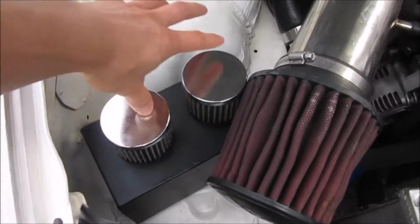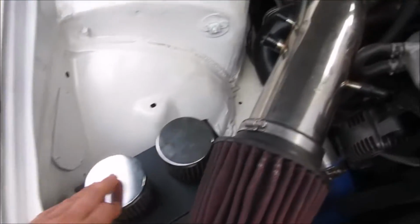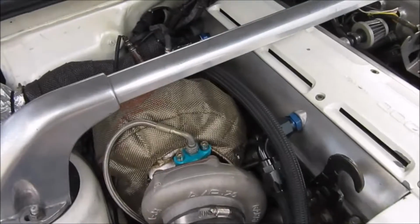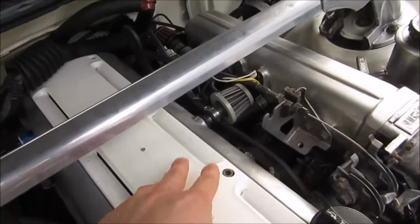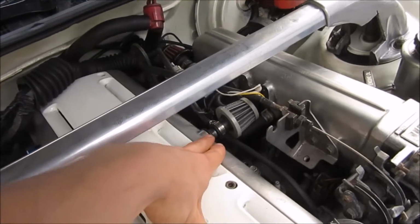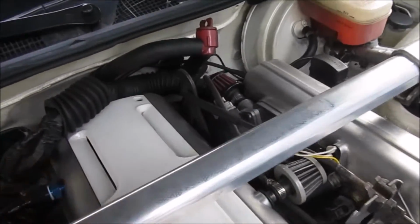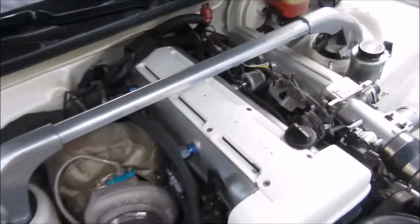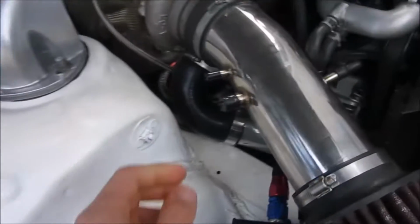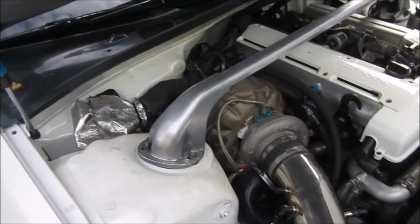There's this oil catch can. I believe it's about a 2-liter catch can. There's my hand for comparison. And it has braided lines going into the valve cover. A lot of people run one to this PCV valve, but I just stuck a filter on top of that, along with a filter on top of my idle air control valve. Whereas before it went into the intake on my turbo,